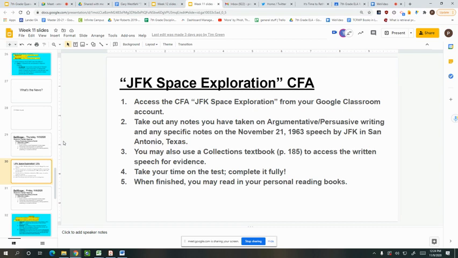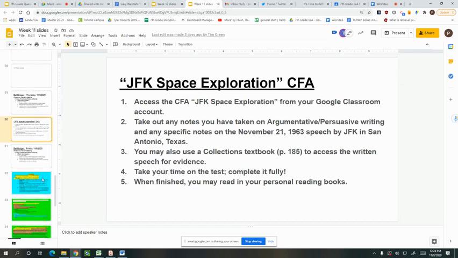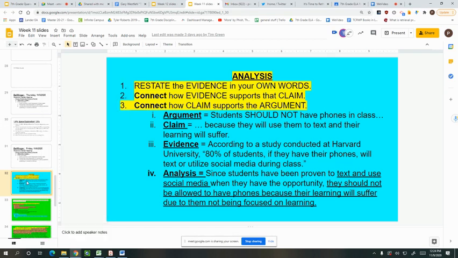The CFAs are in whatever Google Classroom you normally have, but that's the first thing y'all should do. After that, we introduced this term, analysis, which means to restate the evidence in your own words. You want to connect the evidence to support the claim and connect how the claim then supports the argument. So it's a lot of making connections explicit in your own terms.